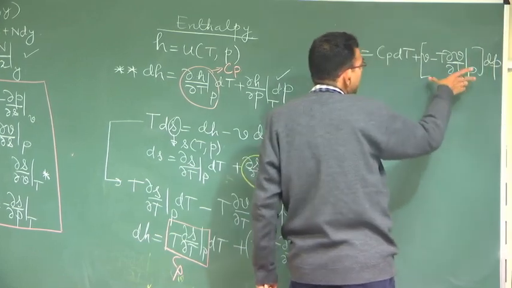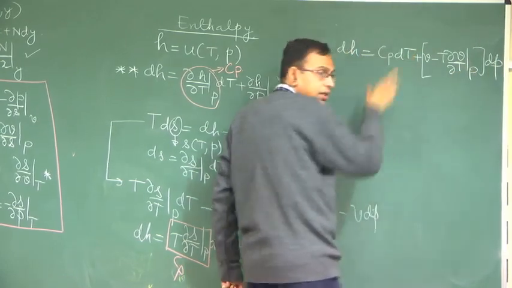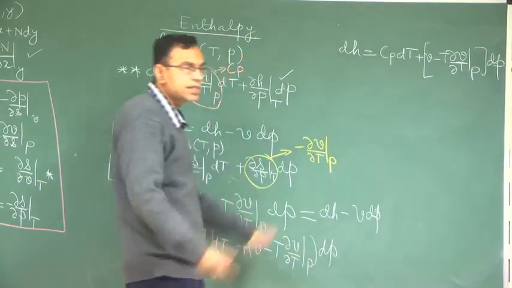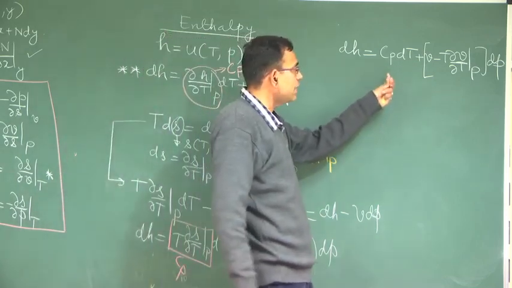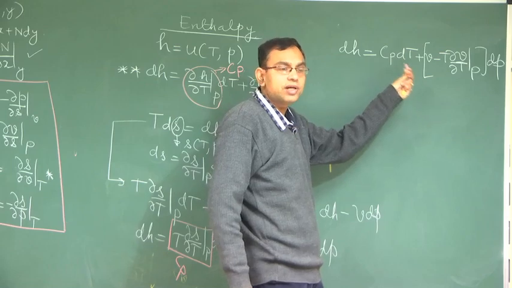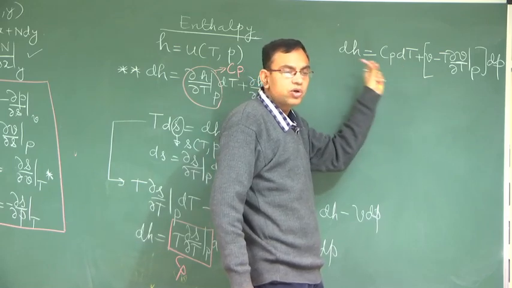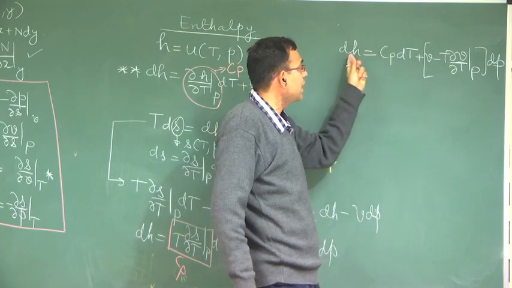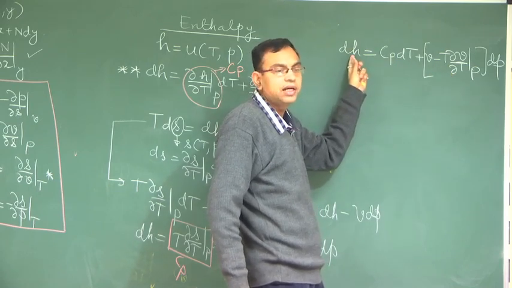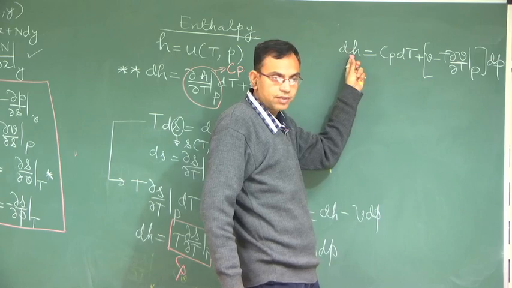So this is the pressure dependence of enthalpy, this is the temperature dependence of enthalpy, very similar to the internal energy expression. These kinds of expressions are very useful because if you know the equation of state, the pressure, volume, temperature relationship, you can easily calculate these partial derivatives and get an expression for H by integrating this, right.